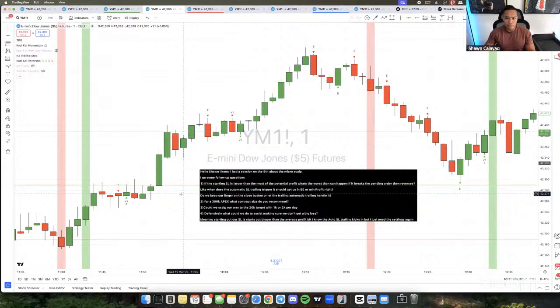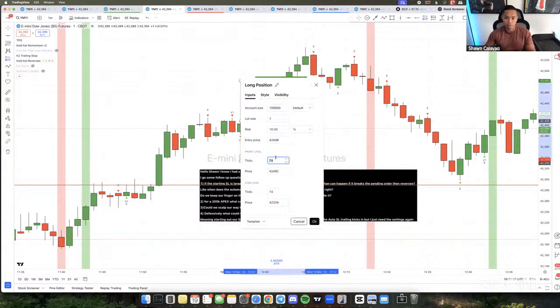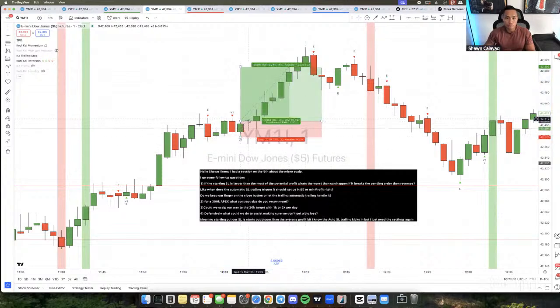Let's see. So the next part of your question here is, when does the automatic trailing stop loss trigger? Yeah, it should always get you at break even. So if it pushes at least 1 point in profit, your stop loss would get moved in. Let me just show you an example right here. Just say, for example, you're entering right here. We'll just use this as an example. As soon as it goes into profit right here, your stop loss is like boom, right into profit or right into break even.